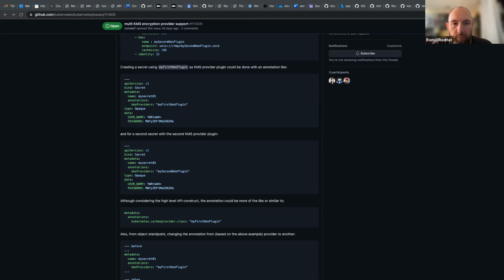Oh yeah. So with Trousseau, we made a concept where we're targeting multiple different KMS providers like AWS and Vault, and that's working somehow, but it's lacking the ability to do it in an easy way by defining a label or an annotation from a user perspective.